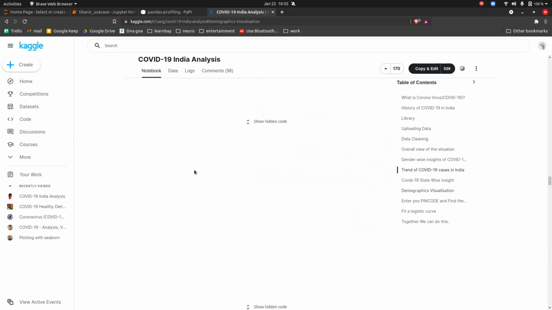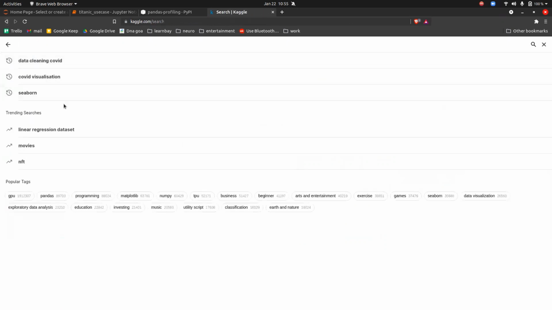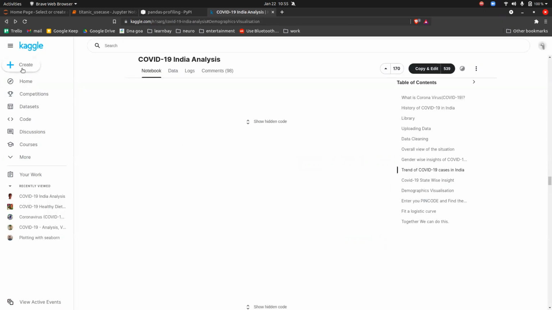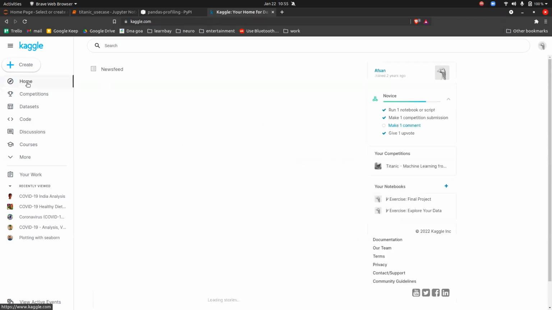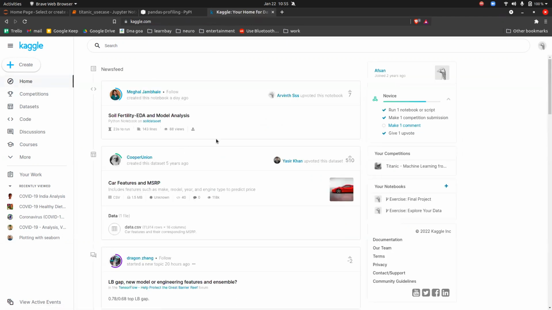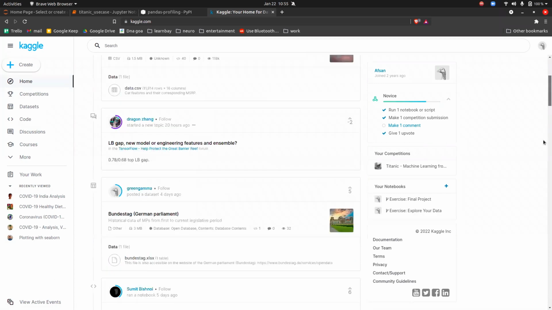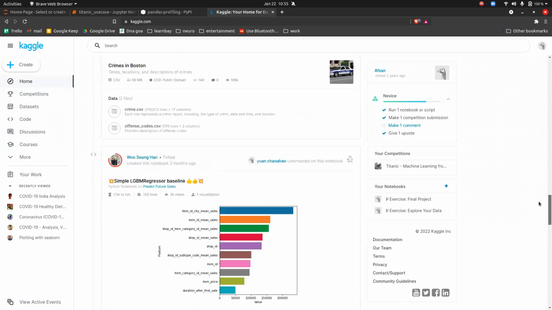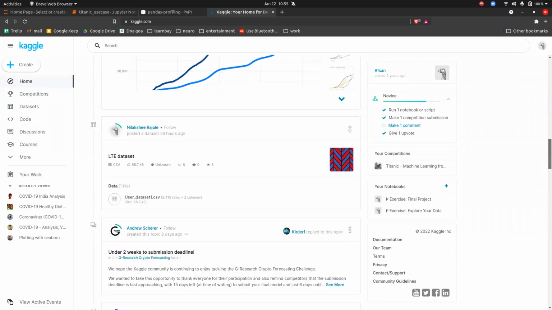This is just one of the things, so you can keep on searching here. Clear, Sachin, how you can do it now? Yes. Okay, guys, you will learn a lot of things on Kaggle, trust me. This will make you a master in everything. So try to practice on Kaggle at least. There is soil fertility, EDA and model. You can click on Home, and whatever you are following, you will get in the news feed also. Best place to learn data science, guys. Okay, best place.